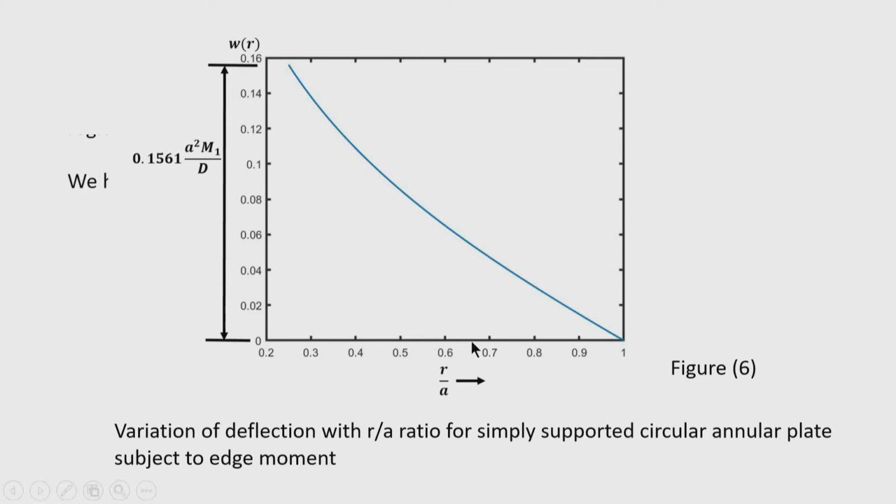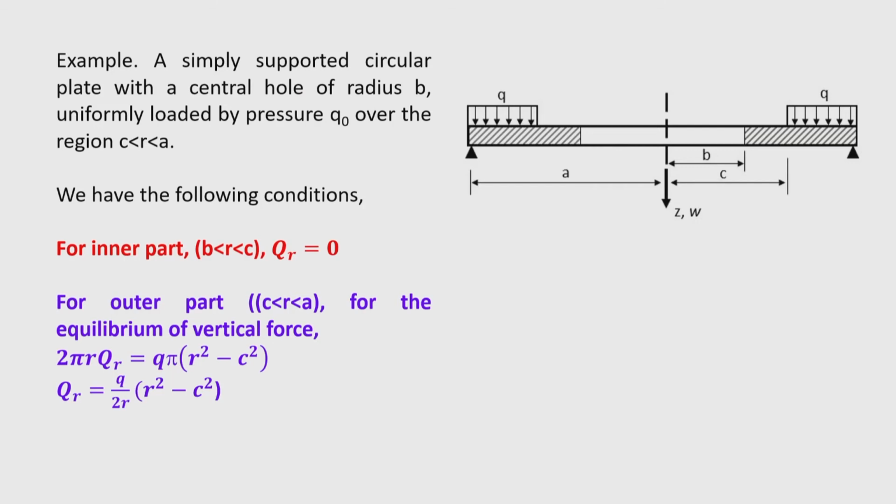Now, you can see here that at the simply supported edge the deflection is 0, obviously as expected. The plot does not go to the center because at the center there is no material. So, it starts at 0.25, because r is equal to only 0.25 a, as we have taken r equal to a by 4. You can see that at r equal to a by 4, that is at the inner edge, because this is free, the maximum deflection is occurring here. In such a manner we can find the expression for the annular plate.